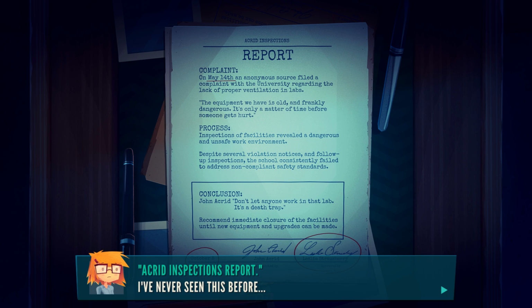So there's a reason why our dad died. Nothing was done and he kept working. Conclusion. John Ackred, don't let anyone work in that lab. It's a death trap. Recommend immediate closure of the facilities until new equipment and upgrades can be made. Now there are some things circled on here. October the 5th. And it's signed by Leslie Strasberry. It's approved by...